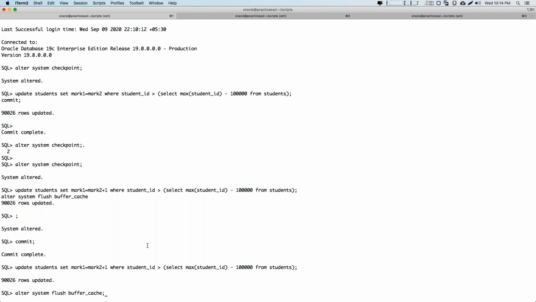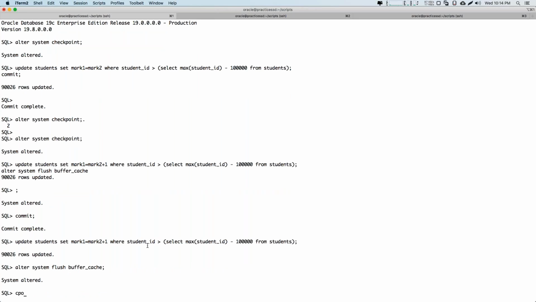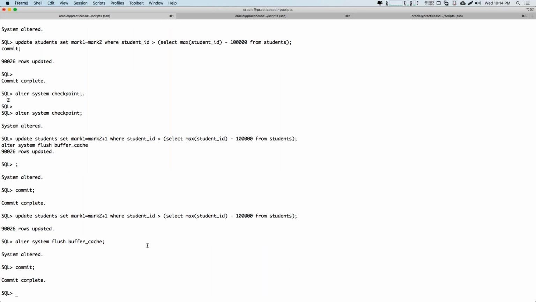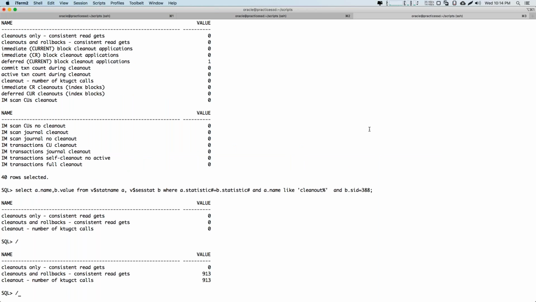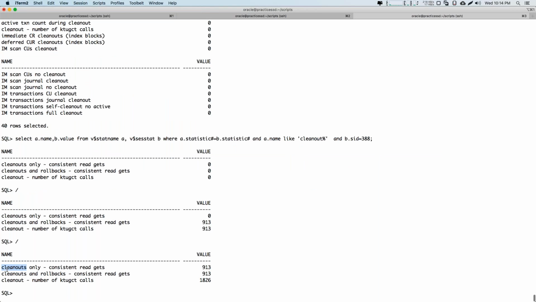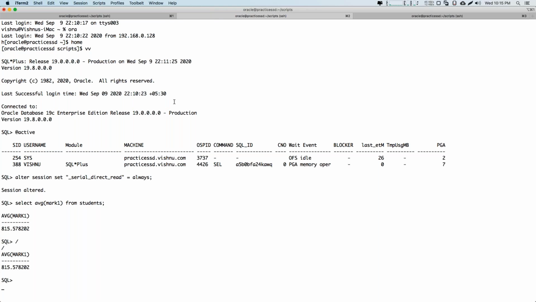So now I'm flushing the buffer cache, guys, to simulate that this session cannot perform a commit cleanout. So now the transaction is committed. Now I'm going to execute the same statement in a different session. Let's see how many cleanouts I'm making, guys. Can you notice that I'm performing the cleanouts, everyone? Yes, 913. Even though the transaction is committed,